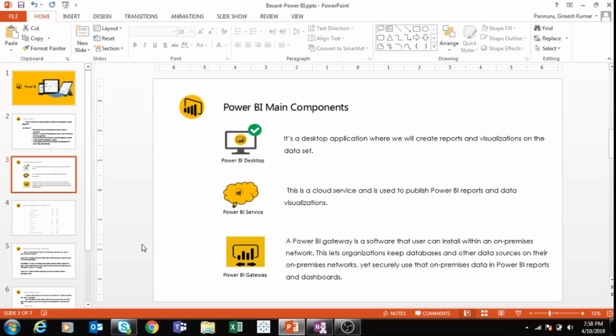Microsoft has given some Power BI components: Power BI Desktop, Power BI Service, and Power BI Gateway. These three components are very important. So what is Power BI Desktop? The name is telling us it's a desktop application, which you will install